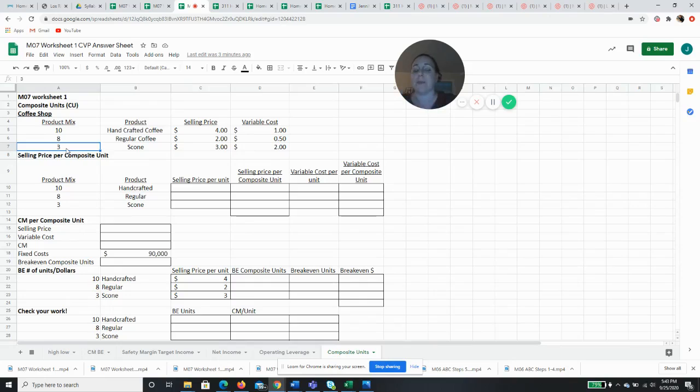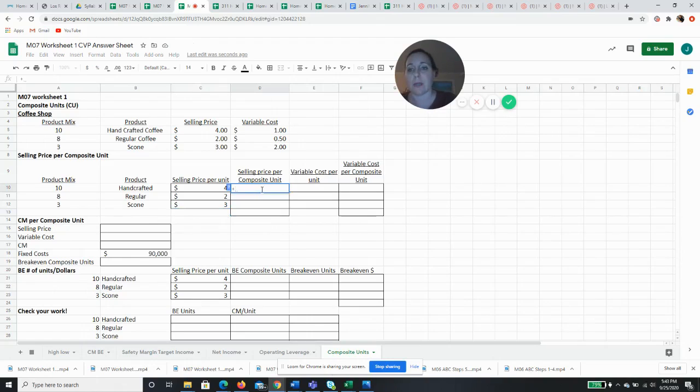Okay, let's do it. All right, so our handcrafted coffee sells for $4. Our regular coffee sells for $2. You can tell these prices are very out of date, and a scone sells for $3. This is like a bargain coffee shop. Okay, so in our composite unit,